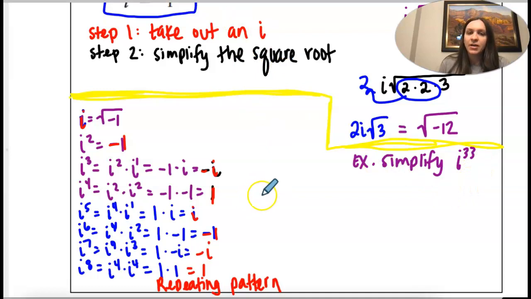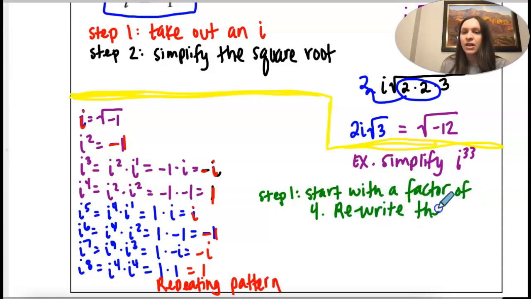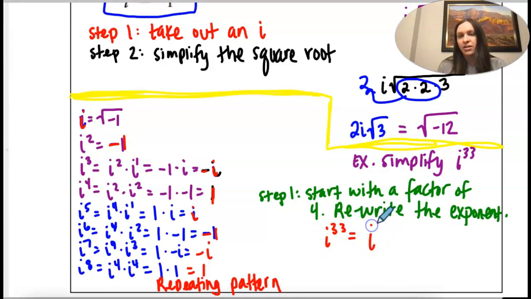My first step would be to start with a factor of 4 and then rewrite the exponent. So this is what this means. I'm going to rewrite i to the 33rd, and I'm going to go less than and take i to the 32,